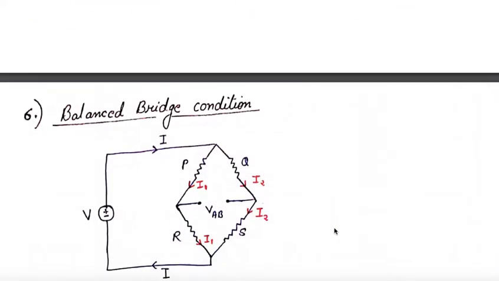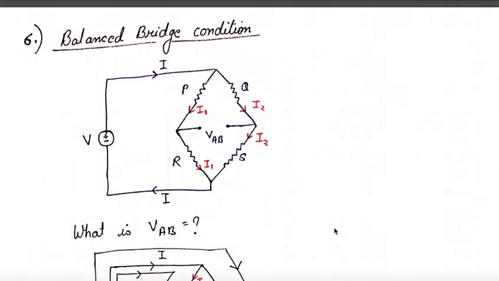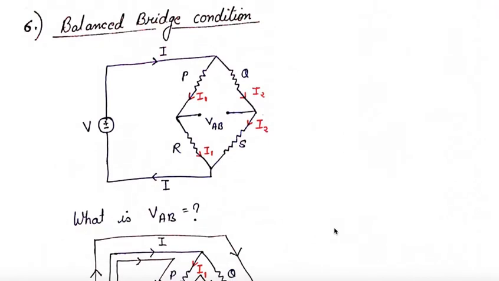Now we will move to the next law. More of a law, it is a major concept. Balanced bridge condition. Sometimes you will come across this kind of bridge and they will ask the magnitude of the potential difference or voltage in between them. So it is very simple and it is very conceptual that after this topic you will be just seeing the condition and you will be able to verbally answer the magnitude here. So what is that condition and how you will be able to solve, we will see.